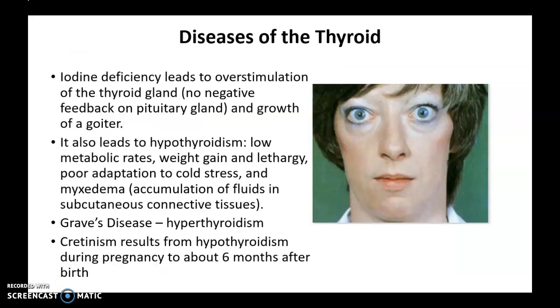Okay, let's talk about some diseases associated with the thyroid gland. So iodine deficiency leads to overstimulation of the thyroid gland, as we saw in the last slide, and that leads to a disease state called goiter. It can also lead to hypothyroidism, meaning a patient will have low metabolic rate, weight gain, lethargy, poor adaptation to